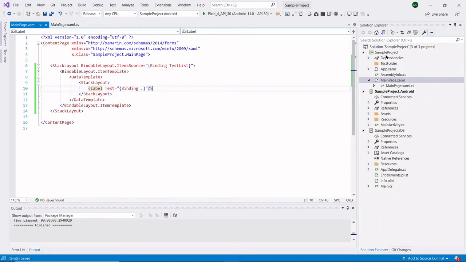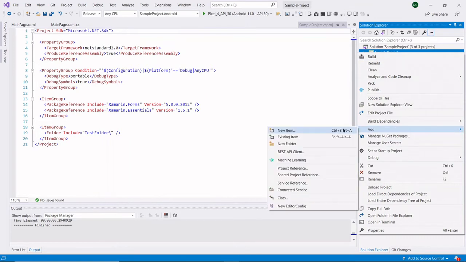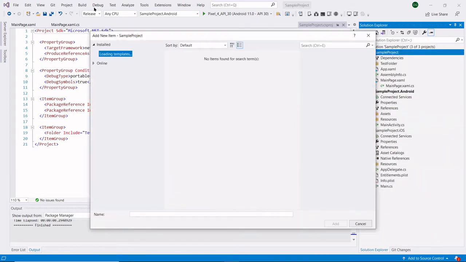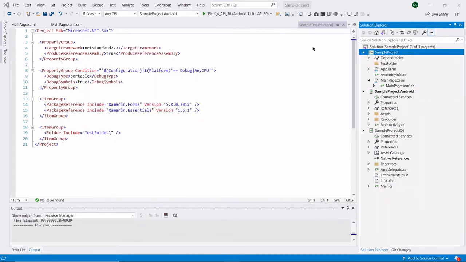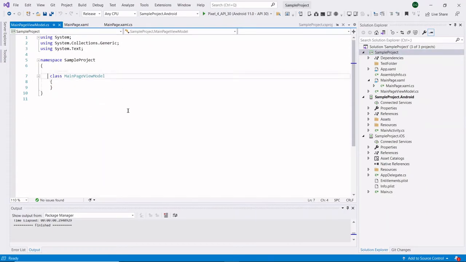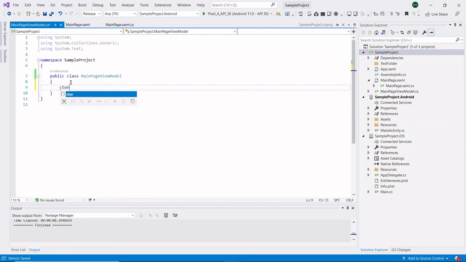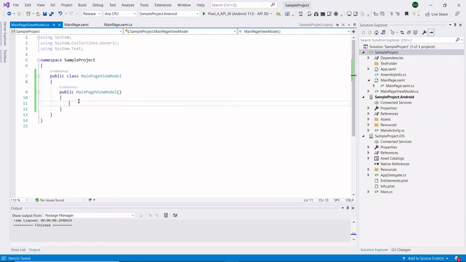Now I am creating one model. Here I am creating setters and getters for the item source property.